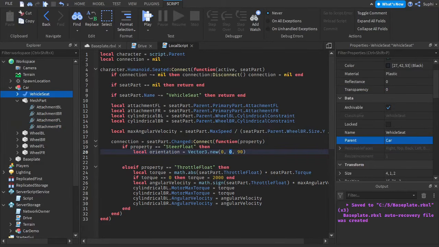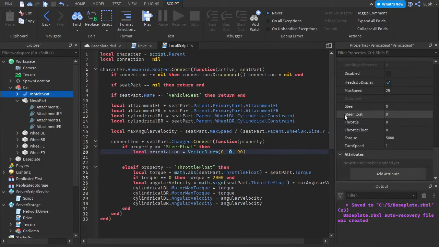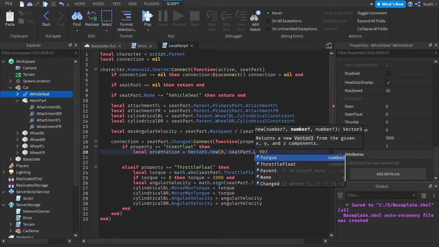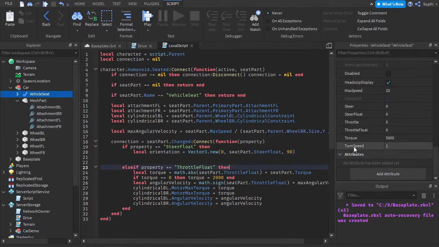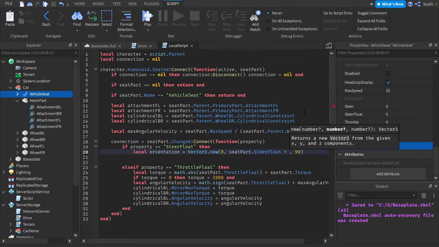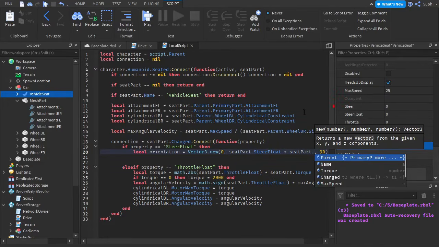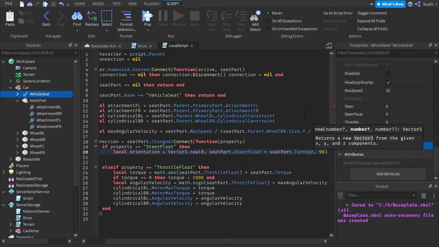And if we look at the vehicle seat, if you remember, we're going to use the steer float. So I'm going to say seat part dot steer float, and I'm going to multiply this, and I'm going to use the turn speed. So if I set the turn speed to 30, so I'm going to say times seat part dot turn speed,